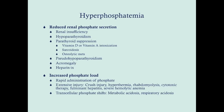So reduced renal phosphate secretion is going to be typically related to kidneys, but you can also see it due to a decrease in parathyroid hormone. Remember, parathyroid hormone is responsible for getting phosphate out of the kidneys. So if you have low parathyroid hormone, you're going to have higher phosphate levels. Parathyroid suppression, which can be due to vitamin D or vitamin A intoxication, sarcoidosis, or osteolytic metastases, pseudohypoparathyroidism, acromegaly, and